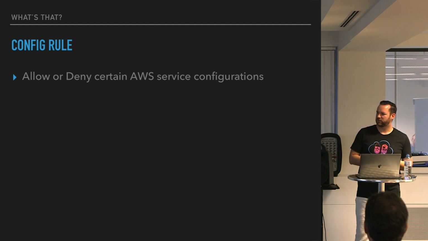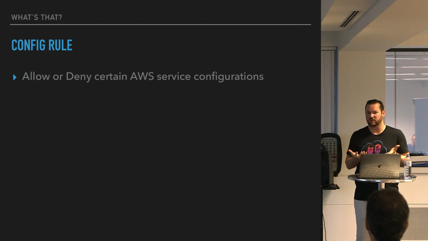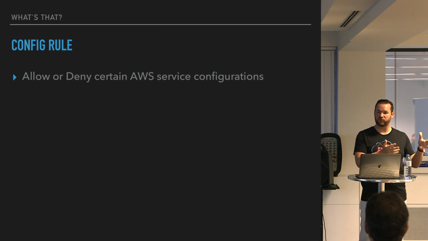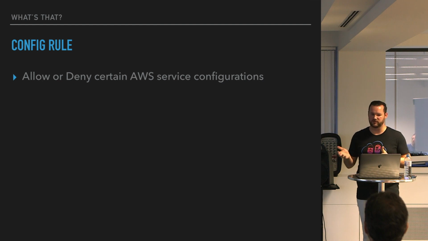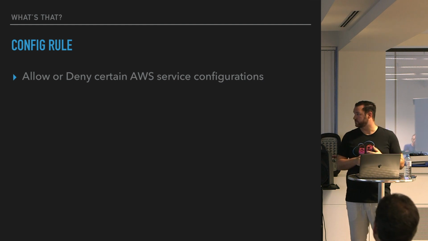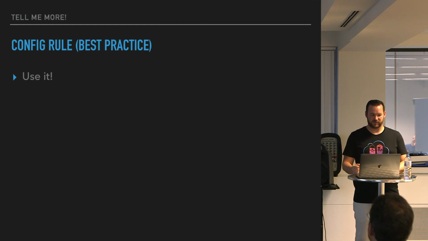That means if you say, I don't want to have my DynamoDB having more capacity than 10 units because it costs a lot, then you can define it in one single place. You can define a rule, and nobody is able to configure a DynamoDB table having more than 10 read capacity. So stuff like that can be done on a centralized point. And if you don't know it right now, just use it. It's very easy, and it gives you a lot of power over what's happening in your AWS account.